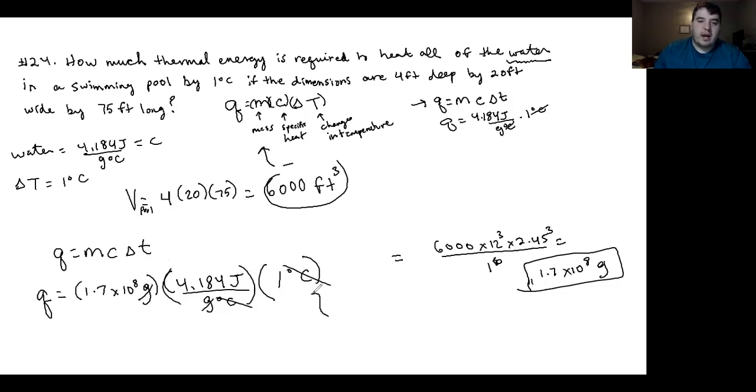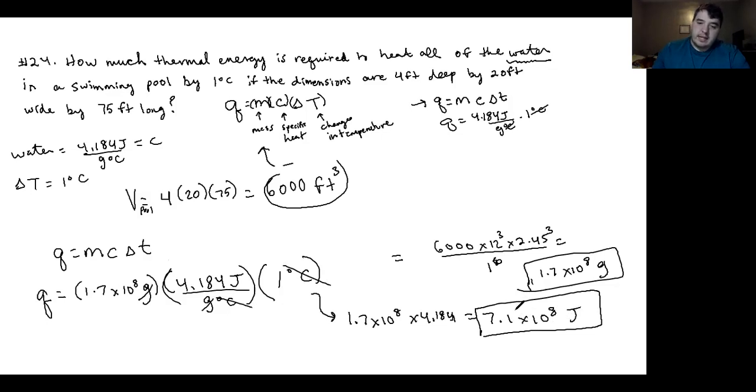So now we're going to just calculate everything together. What do I have? I've got 1.7 times 10 to the 8 multiplied by 4.184 and then just times 1. When I calculate all this together, I'm going to get a final value of 7.1 times 10 to the 8 joules. And this is the amount of energy that is required to heat a pool of that size by